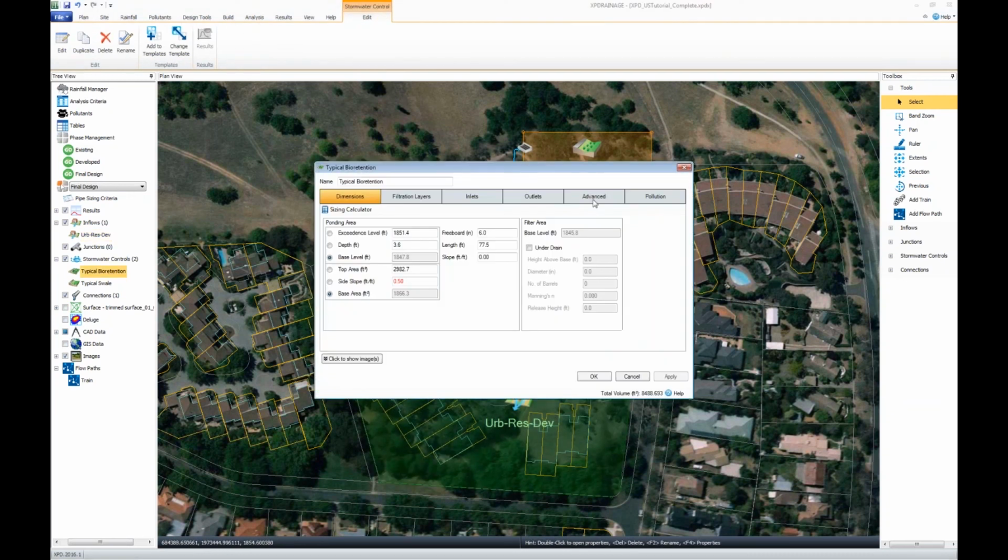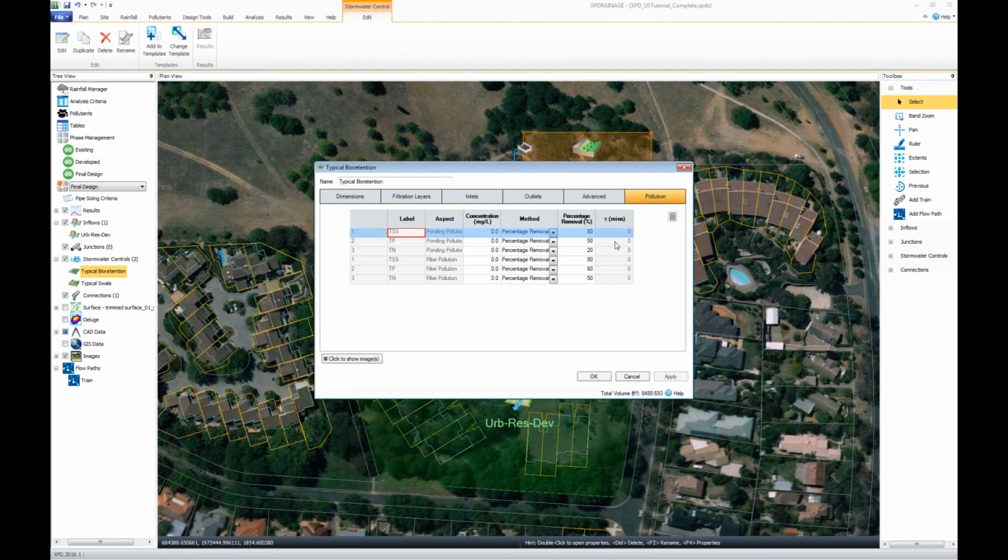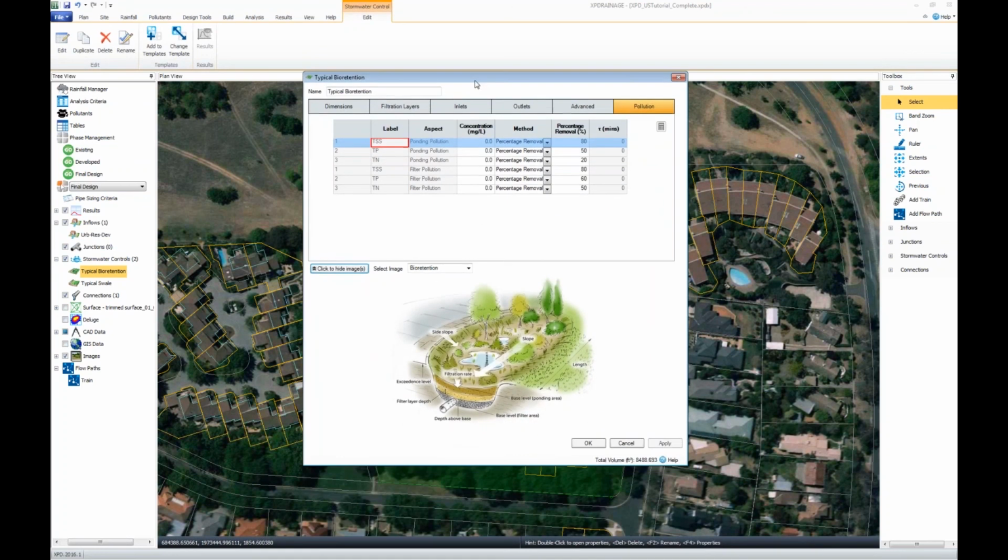And each of these facilities can get pretty advanced. So what's your removal in either just the ponding portion or the filter part? So this is pretty robust. So you might think a lot of the criteria might be on, great, well, assuming that the water goes through the sand media, you have a certain level of removal rate. Okay, well, maybe there's no removal just in the ponding zone. Maybe it's really well vegetated. Maybe there's some